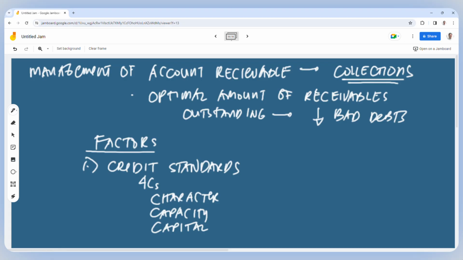Baka wala siyang sources, no? Ano ba yung conditions niya? Alright. Current economic or business conditions, no? Yan. Number two, we need to consider also your credit terms. Papautangin ba natin siya ng 30 days? Ng 60 days? Ng 90 days? No? Yan. So, cost and benefits of a credit extension policy, no? So, you have your cash discounts, you have your credit and collections costs, we have our bad debt losses, and also our financing costs. Yan.